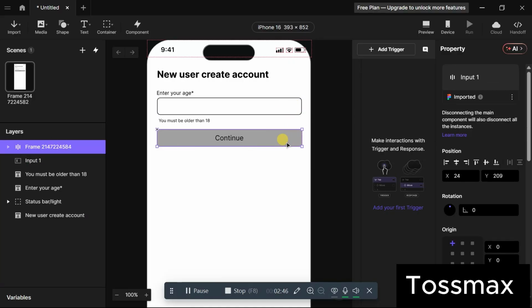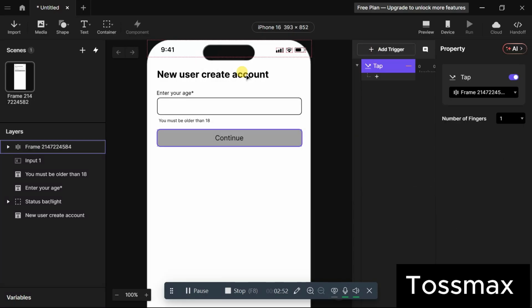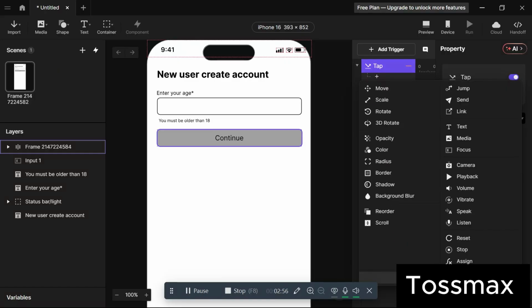It's time to add the trigger. On this button, I'll click on add trigger, on tap. When the button is tapped, I'll set a condition. For this condition,